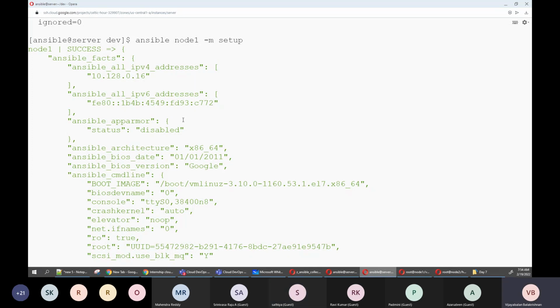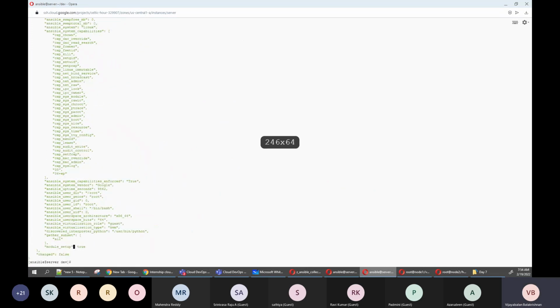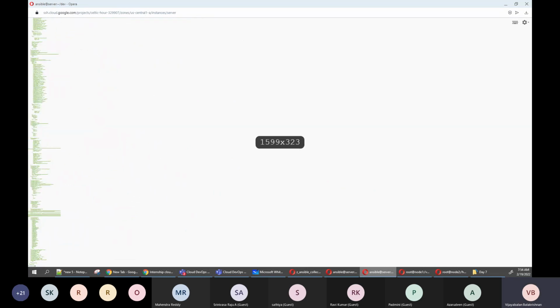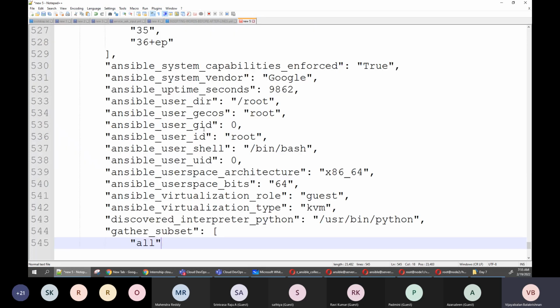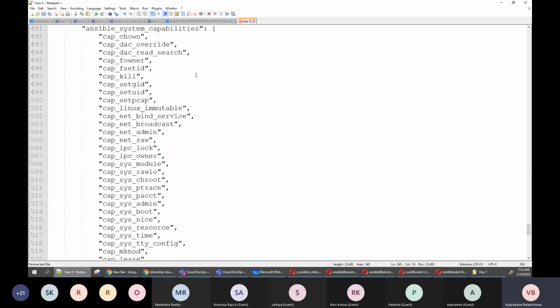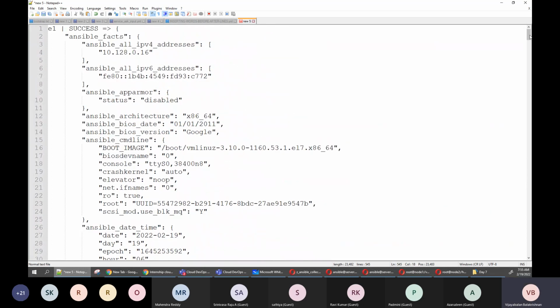So what I'm saying is I'm going to show you this in a simple way. That is why I explained the custom register first, but it's a really huge output. So I'm going to copy and paste, because sometimes in Ansible this is not getting copied into the notepad because of the huge output. So I'm just going above. If you go to the top, see, this is the actual output.